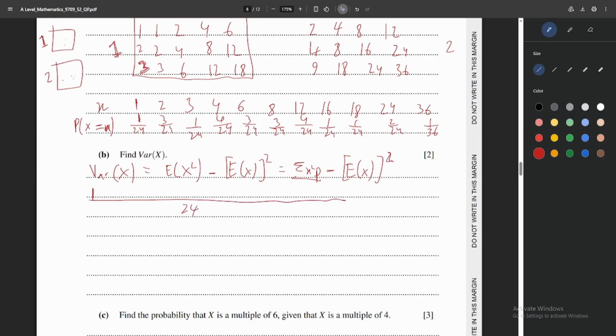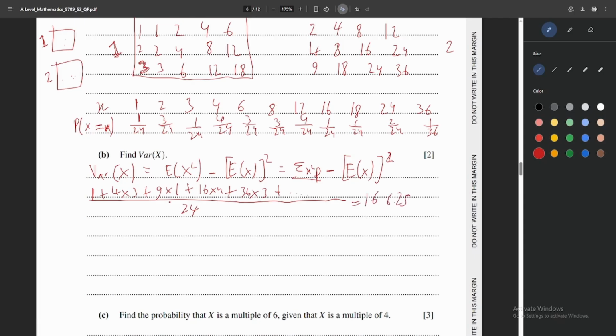First is 1 square into 1, then 2 square into 3, so that's 4 into 3, plus 3 square into 1, 9 into 1, plus 4 square into 4, so 16 into 4, plus 6 square into 3, 36 into 3, plus, and on it goes. I'm just squaring this and multiplying with this, and when we do this sum we will get